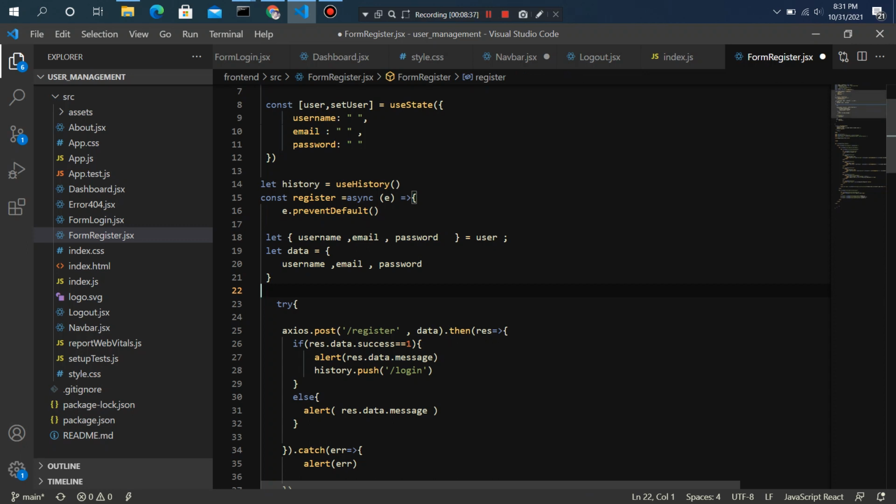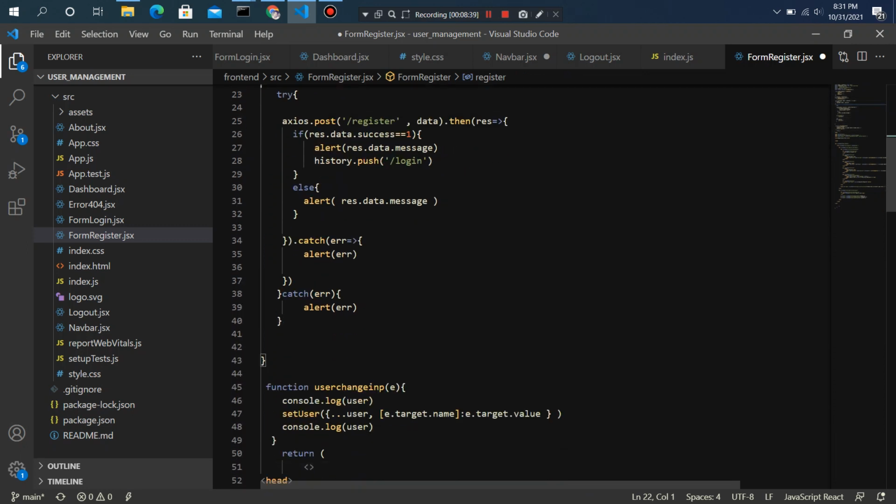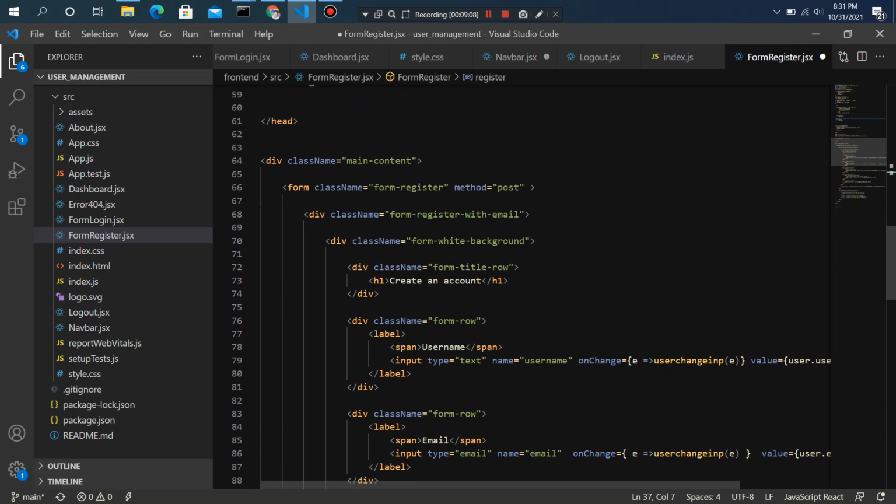And we are just going to the register route, which is posting all the data entered by the user to the database. So this will go to the register, which is basically our register API, sending the data here, and it will give a response. This response is rendered as a message. It will alert that your account is successfully created, and if any error occurs, then it will display it here. And in that manner the user will register.